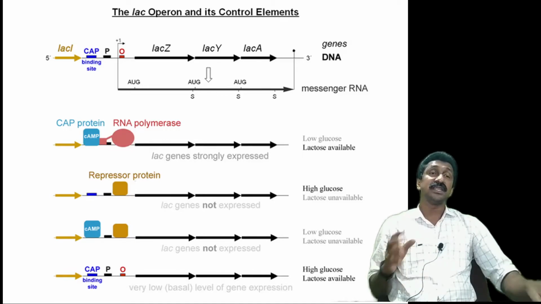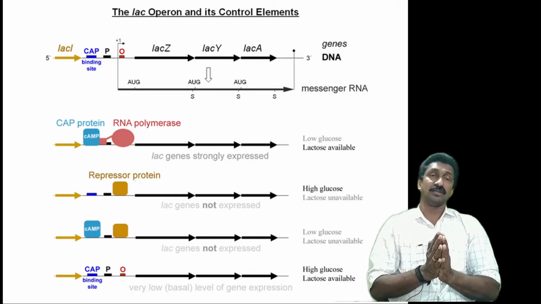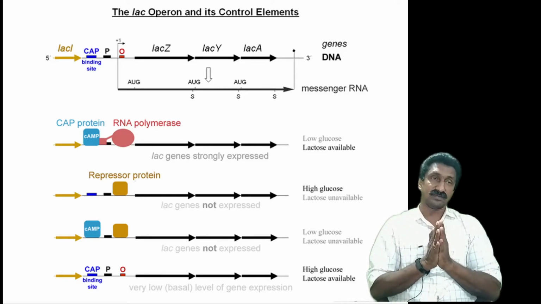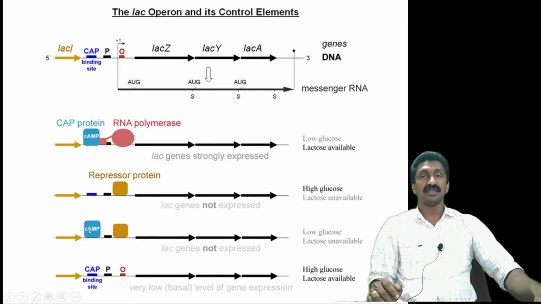But since lactose is unavailable, allolactose is not there, and repression cannot be relieved. So even though the positive regulation mechanism works, the negative regulation mechanism, that is the repressor-mediated regulation mechanism, blocks the transcription and RNA polymerase binding, so it cannot be